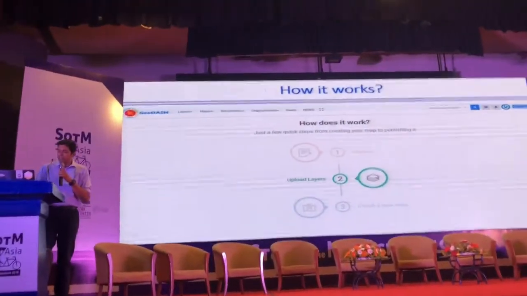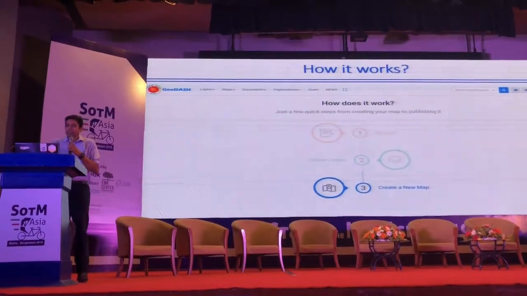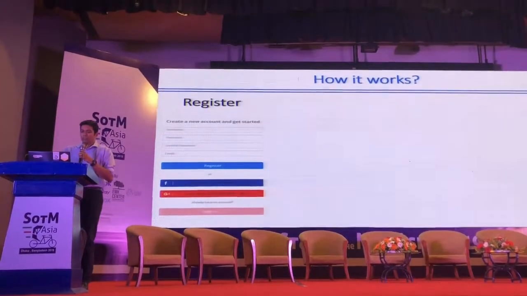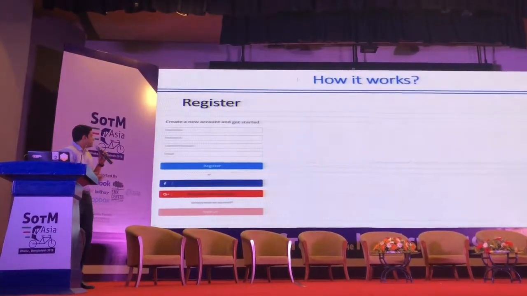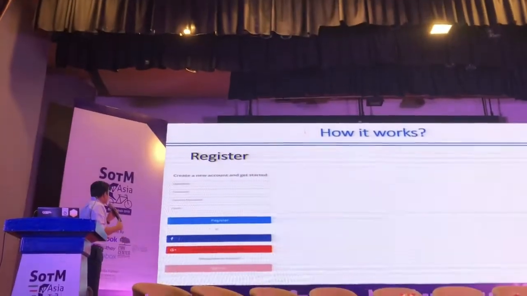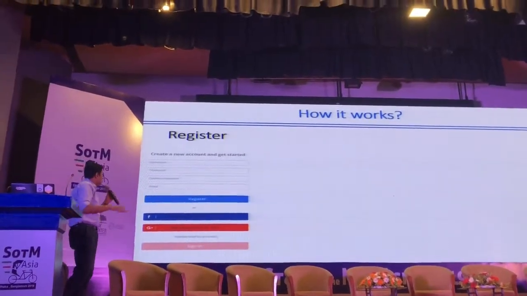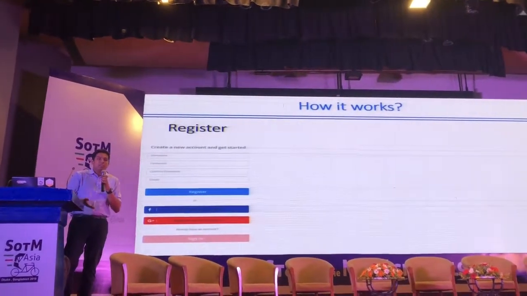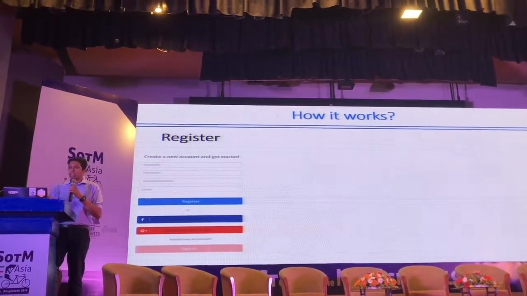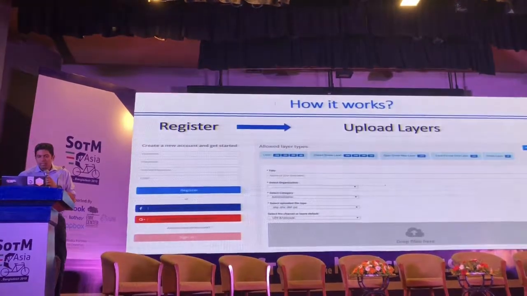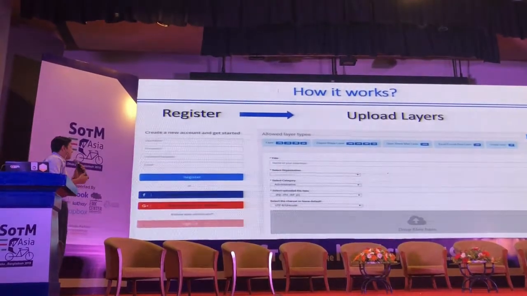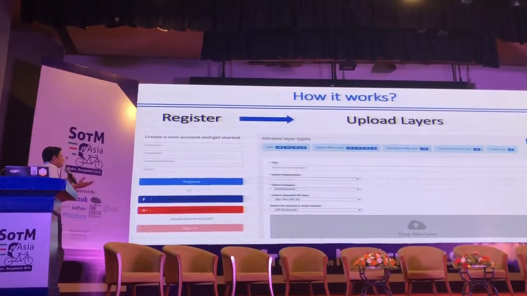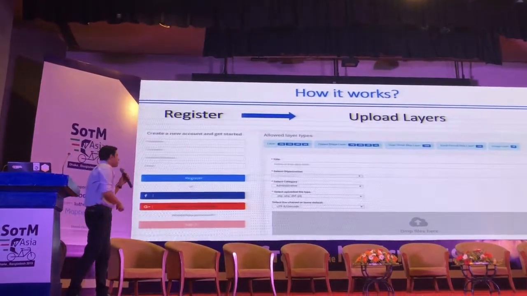You upload layers, you can create maps. The registration is pretty easy. You can use a username, password, your email ID, or you can easily use your Gmail account or Facebook to log in here. And then you can upload the layers or the shapefiles in a zipped format.